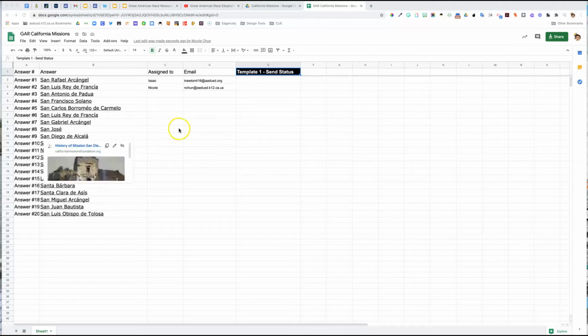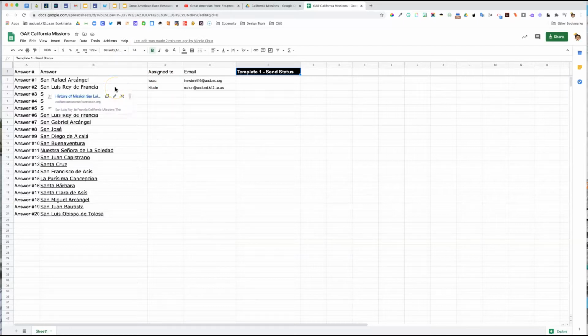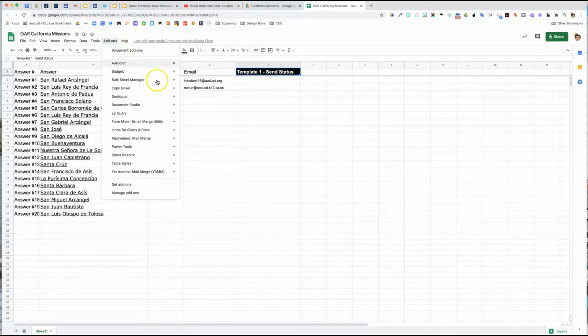Hey everyone, this Tech in 2 is about the Google Sheets add-on for Mule, which is a really nice mail merge function. In my example, I am using the Great American Race from a previous tech tip, and you put your students' names in and their emails, and then you can send individualized emails with their assigned topic for the race. So once that's all set up, you're going to go ahead to Mule and click Setup and choose